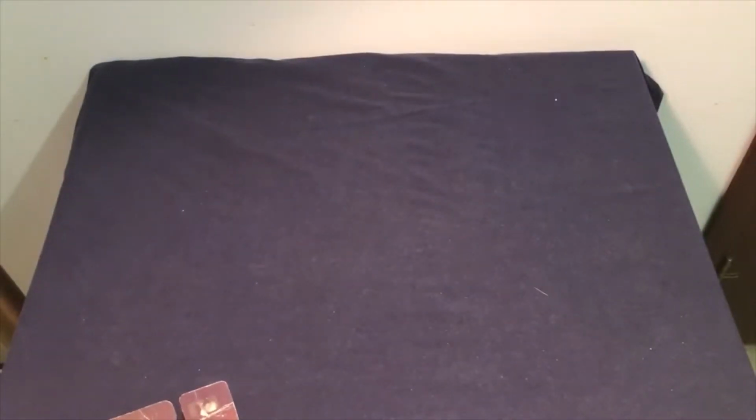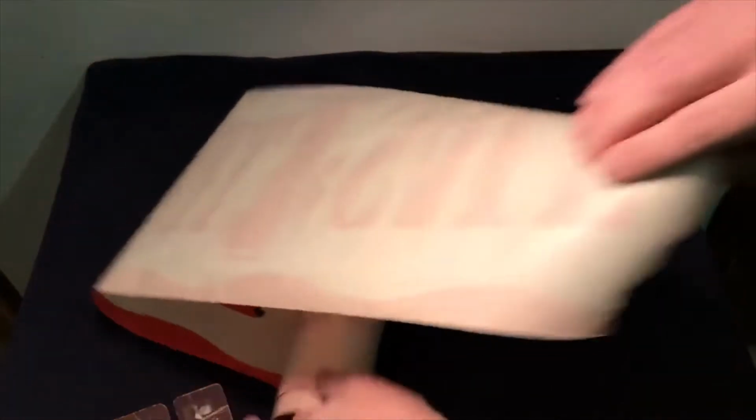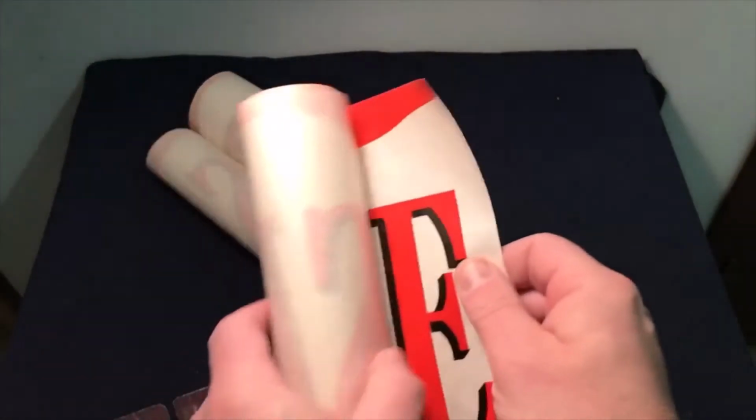And we've got Rexall signs. In this case, this one's got a pair just at the end, but it's Rexall 1 cent sale. You can see nice and long. Got basically two signs in one. So we've got that one, and to get that one all rolled up, got another one that'll be going in the same lot